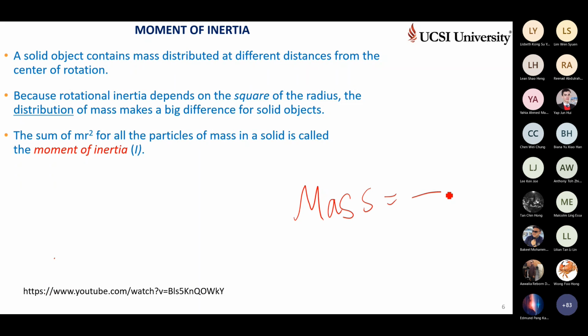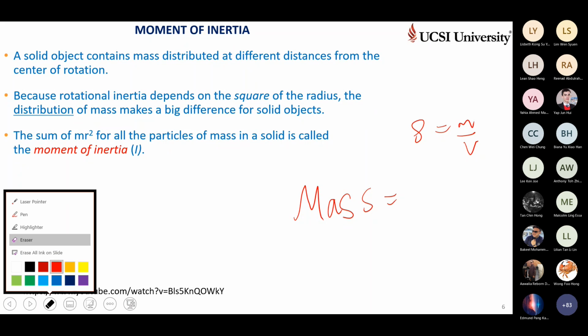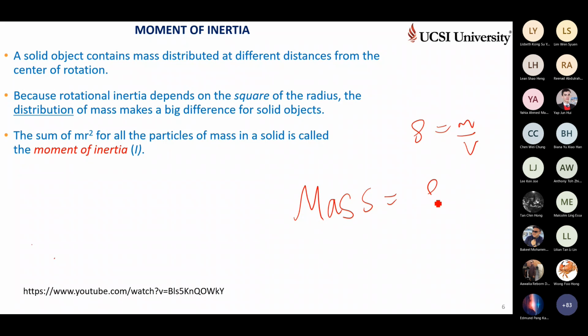Amount of matter in a given volume, right? And density is equal to mass by volume. From there you get the other way around: you can define the mass as density times volume. Once you know the density, you can calculate the mass. Mass is the amount of matter present in a given volume. If this is very high, I have more inertia. I am very powerful in resisting the force acting on me. That is the meaning of moment of inertia. Okay.